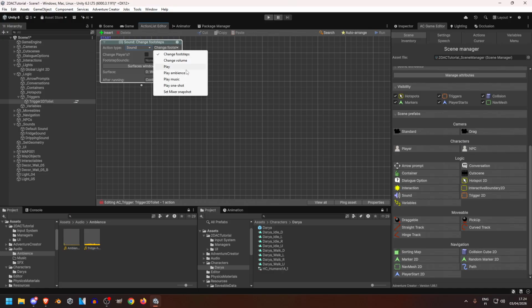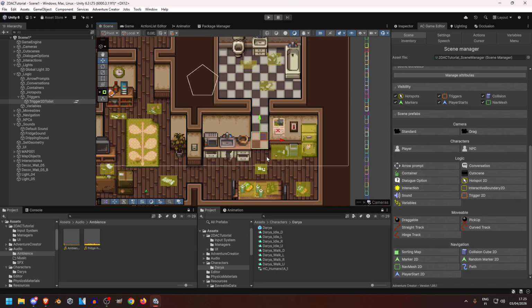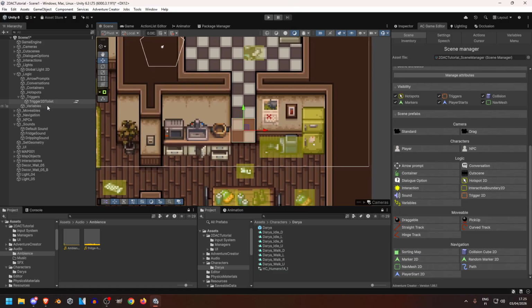So sound, play, then select your sound, dripping sound here, loop, ignore if already playing, that's probably good. So here we could actually set it to fade in. So add a little fade, so it's less noticeable that the sound quiets down. And then